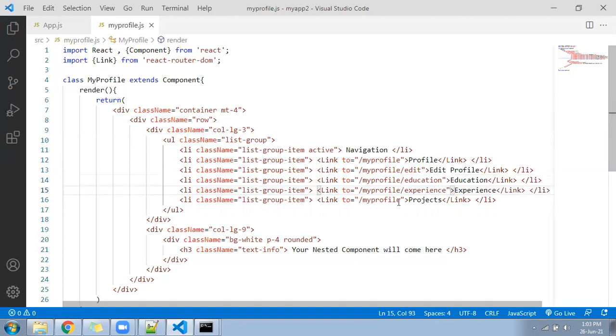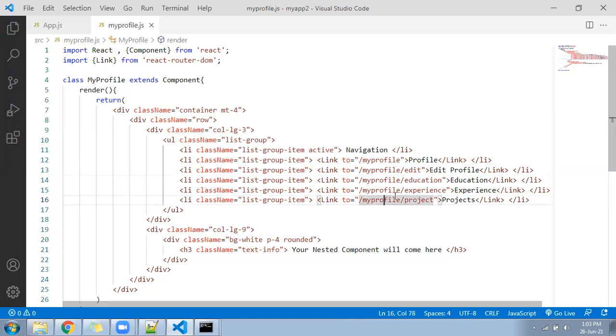We need to give the path called project. You saw what I did? Profile was already there. So what we are saying now? Profile slash edit. Profile slash education. My profile slash experience. My profile slash which one? Project. Right? So this link is ready now.